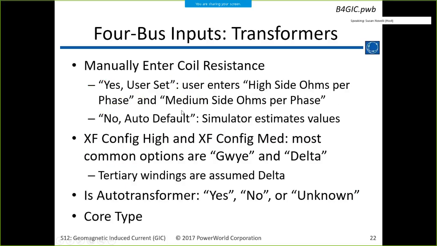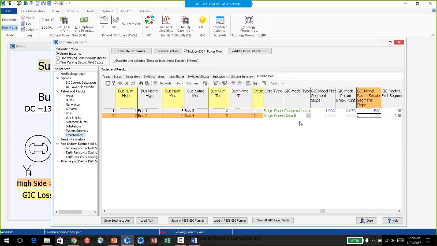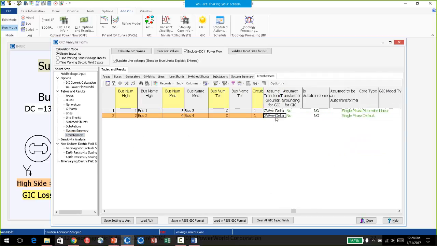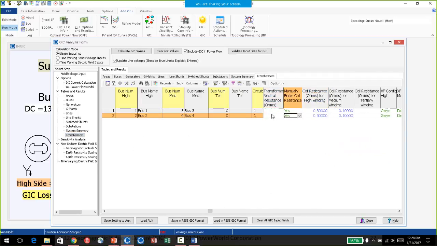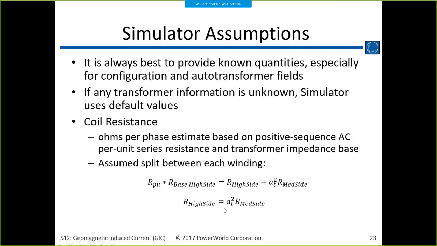Okay, so for the coil resistance here, there's a field for saying, do you want to manually enter the coil resistance or not? If you say no, then this gets grayed out, and the value that it uses is derived from the AC resistance. Whether or not it's an autotransformer is yes, no, or unknown, and then the core type.